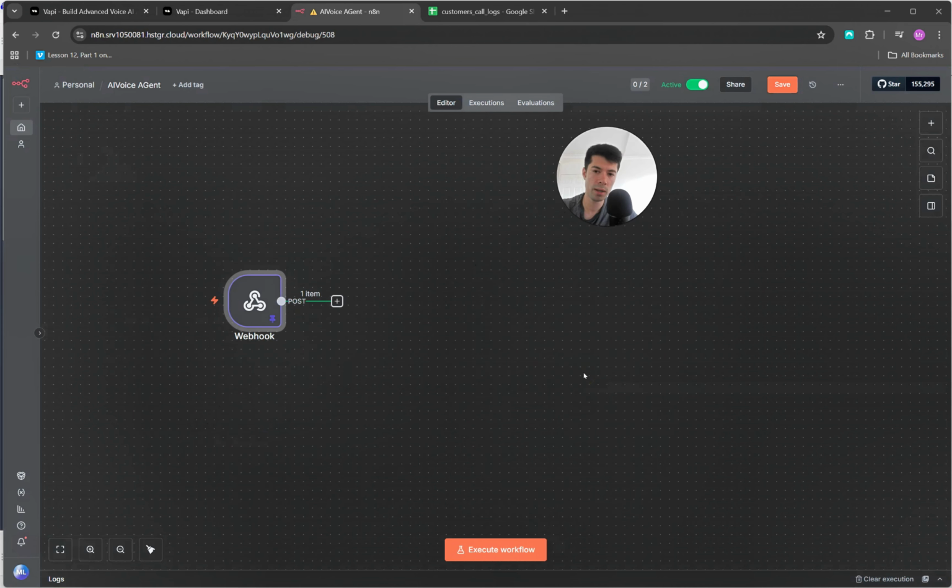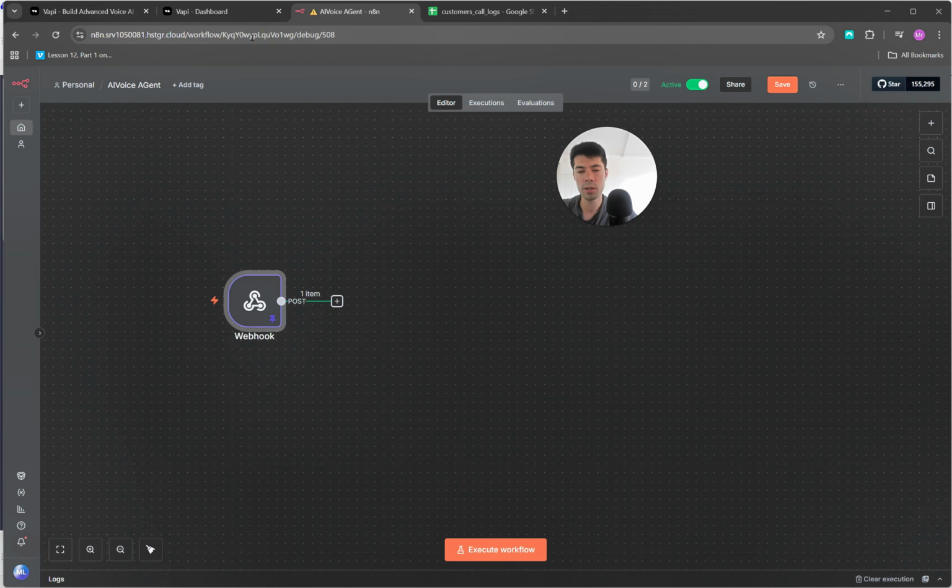For example, if you want to make sure that every time someone calls your business you get a notification, you can add here a Gmail or a Telegram node or whatever other sort of app you want to be notified. If you want as well, you could add, for example, a Google spreadsheet to log all the calls that you ever made. Vapi itself has this function, but if you want to have it in a Google spreadsheet, for example,